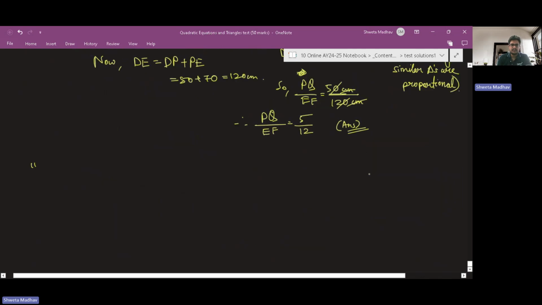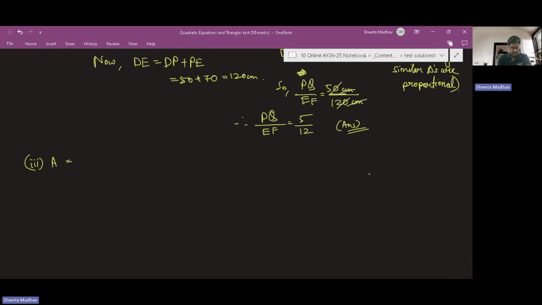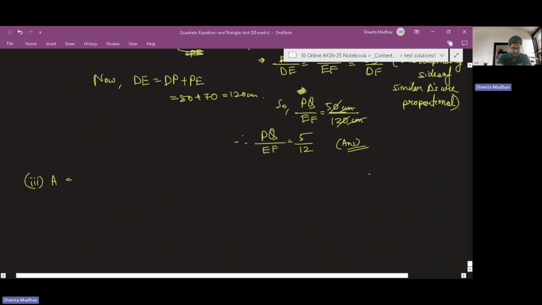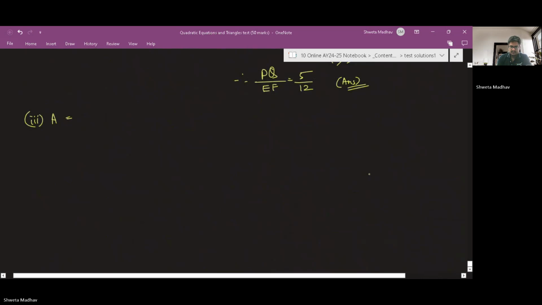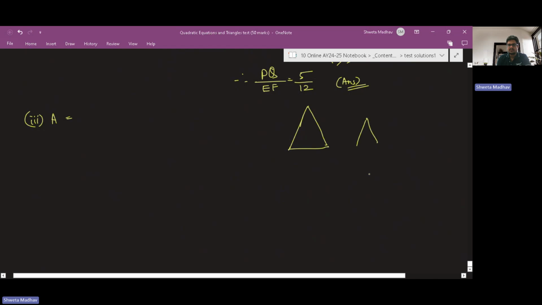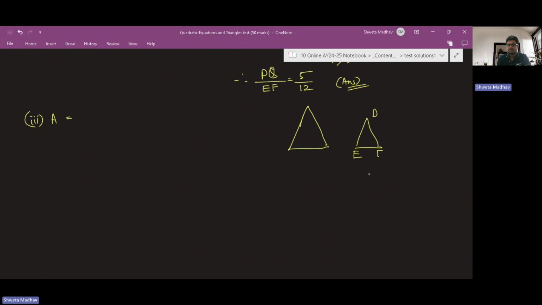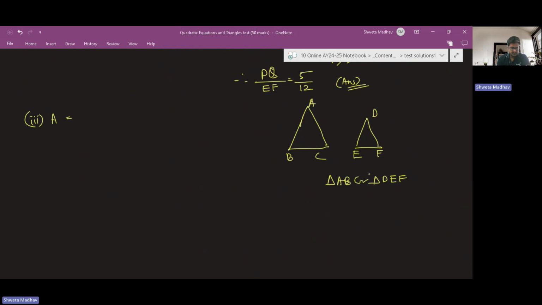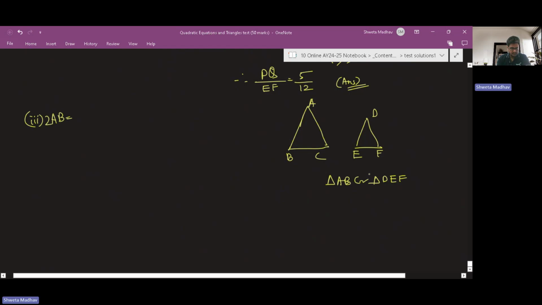And in the third subpart, it has been told if 2AB is equal to 5DE. Now there is another triangle ABC and a smaller triangle DEF. What is given is that triangle ABC is similar to triangle DEF, and 2AB is equal to 5DE. Then we have to prove